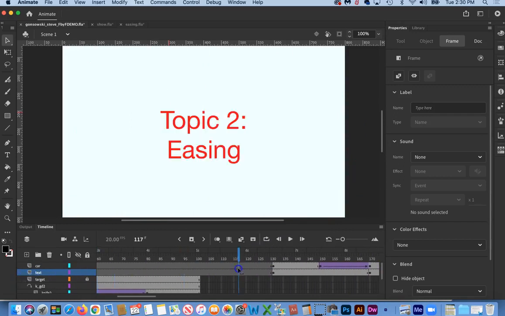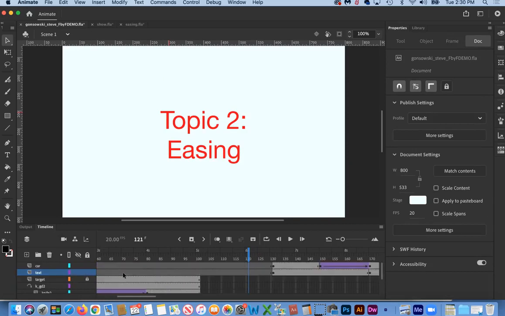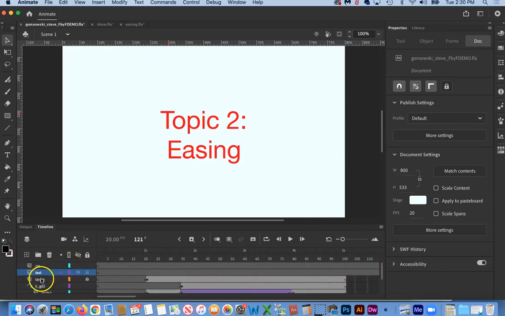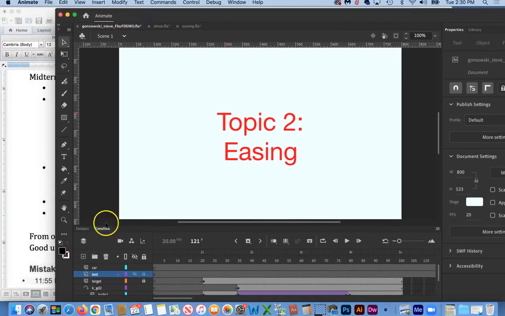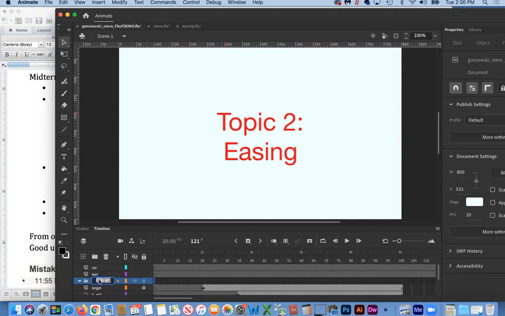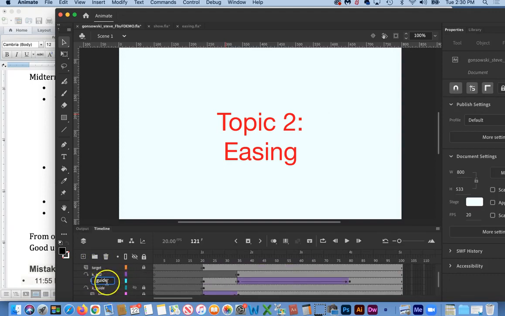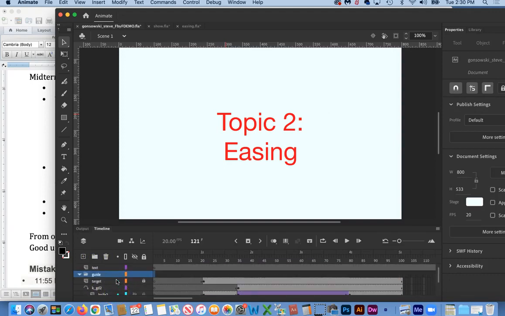and so you might be thinking, well, holy cow, I've got a lot of layers here. Is there a way to clean this up? And the answer is yes. So we're going to go right above here, right underneath our new ones, and we're going to go to this icon here for new folder, and we'll name this guide, since that's the first thing that we did. Then I'm going to hit enter to make that stay,